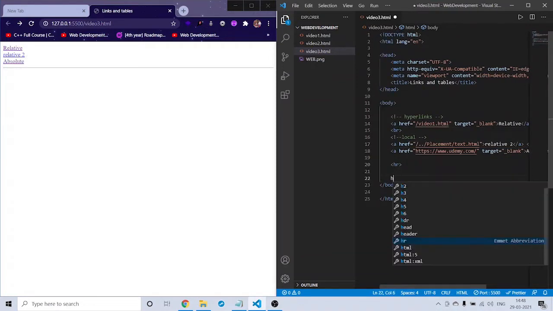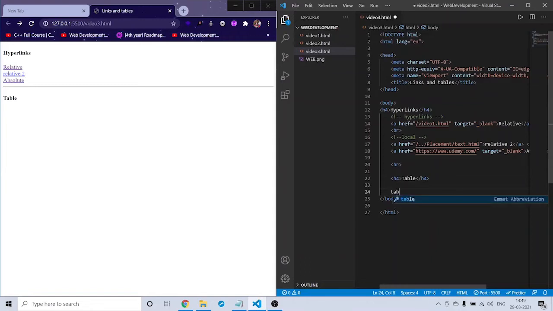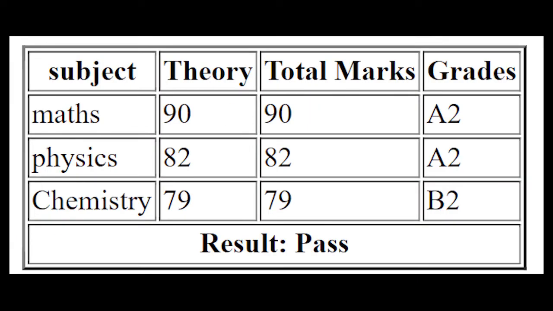I will give a heading here, H4, table, and here I will give a heading H4, hyperlinks. And in the table, as I said, first we need to open a table, which means the table tag, as simple as that. Now this is what we want to make here, this table.